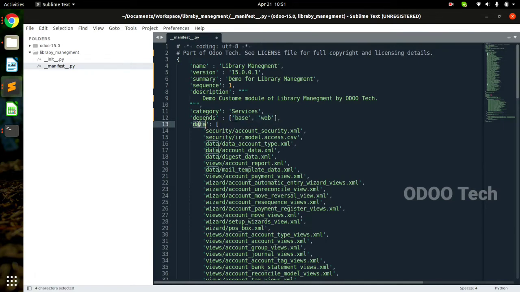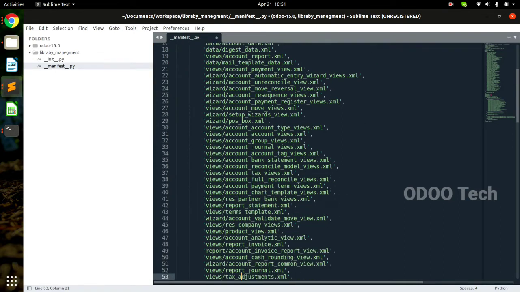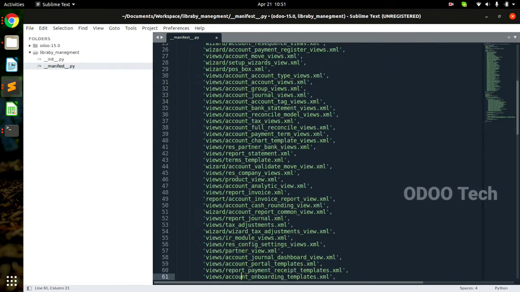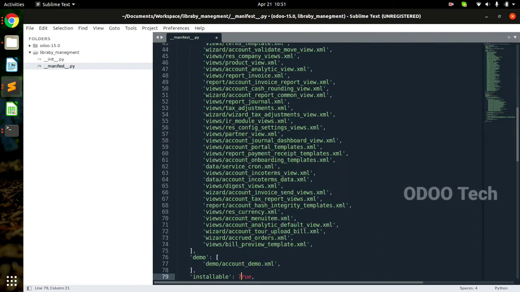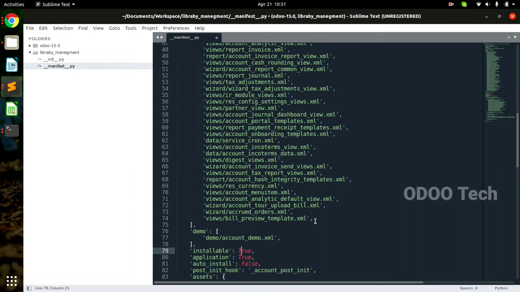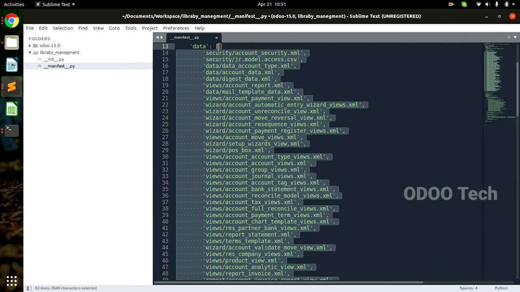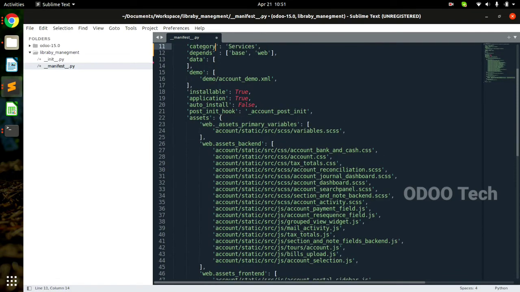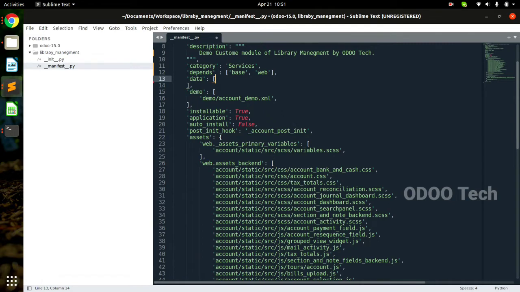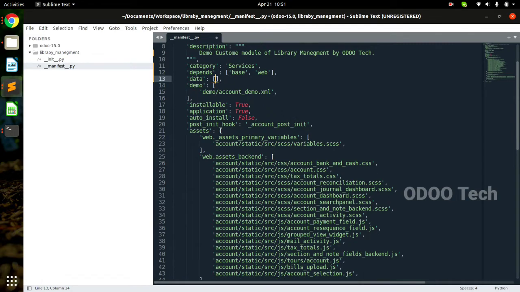Okay, then the data came. Now what does data do? Whatever XML files we have, whatever CSV files we have, we have to include them here, so that Odoo will know that it has to see all of those XML files. But currently we don't have any XML files, so I am removing these details. Always remember, in the previous lines I removed the images completely. Here I am not removing the data. Why? Because in the future I am going to add some details here.